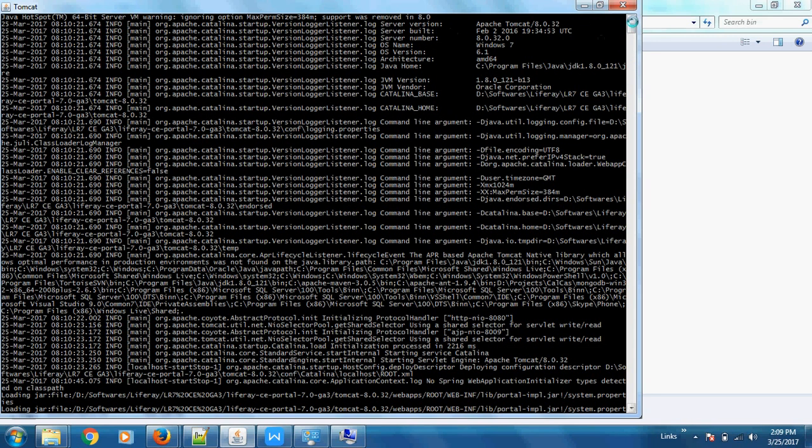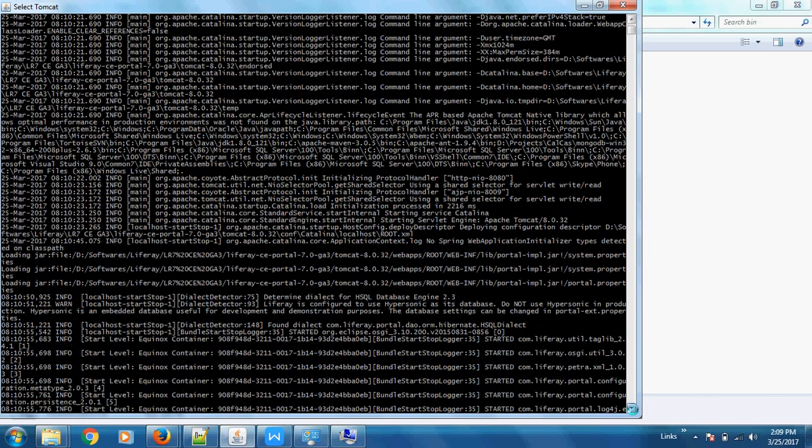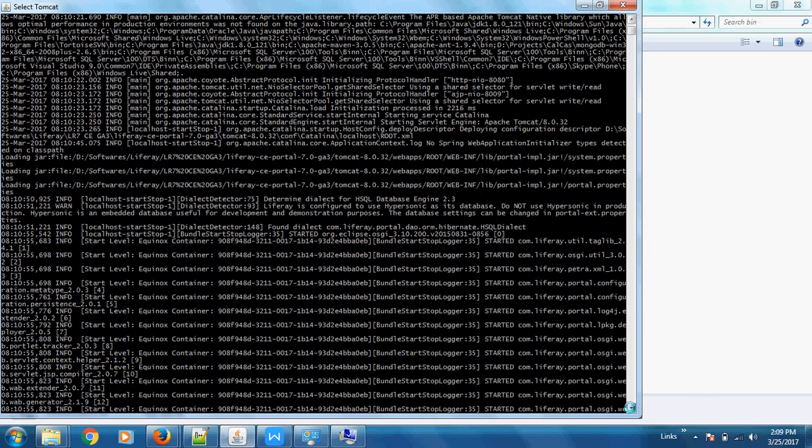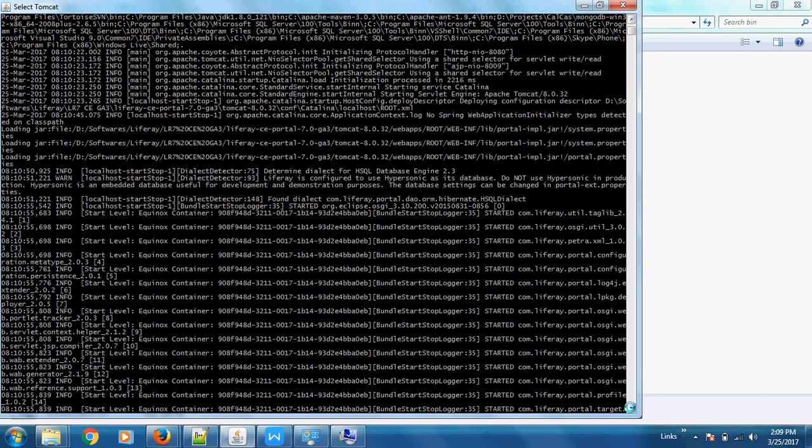Here you can see in the logs it is showing the Tomcat version, then Windows 7, it gives details of the machine, and then the JDK that I'm using is 8, then other command line arguments for Java, like Xmx, XX, etc. When you run it, it will take around 5 minutes to start your Tomcat.